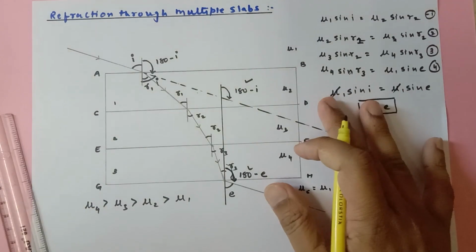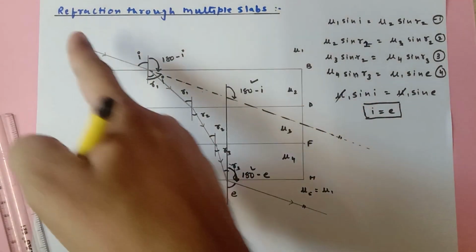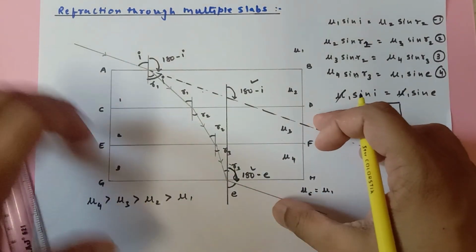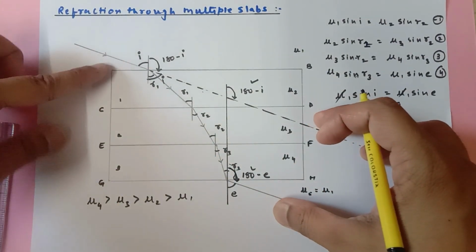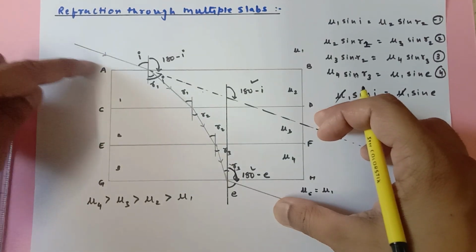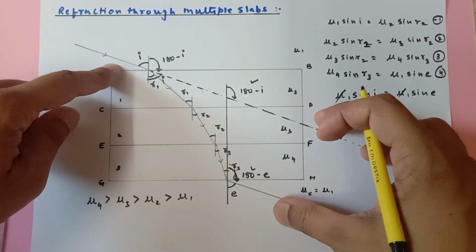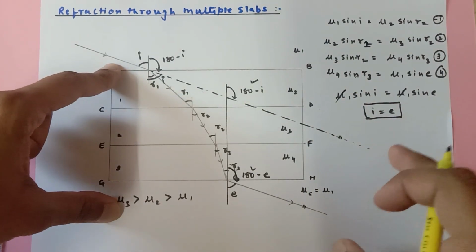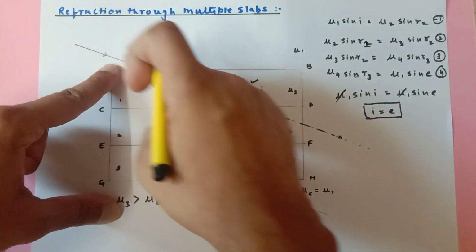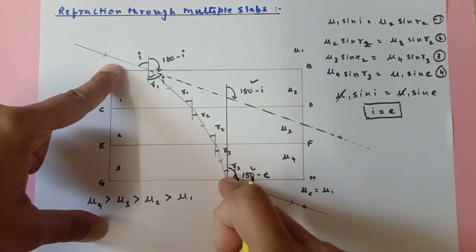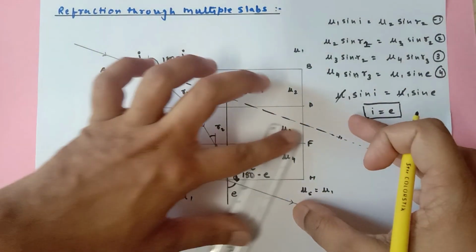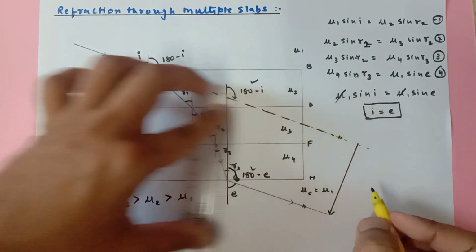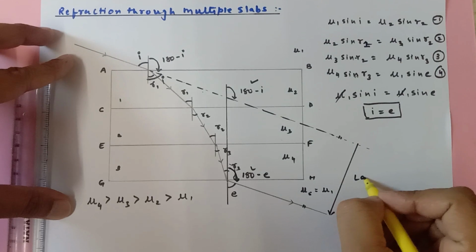Hopefully guys, you have got it, right? So this line and this line are always parallel to one another. So in short, if there are multiple glass slabs and if the incident light falls on the first glass slab and comes out of the same medium, then always the incident ray extended forward and the emergent ray are parallel, and we call this distance as lateral shift.